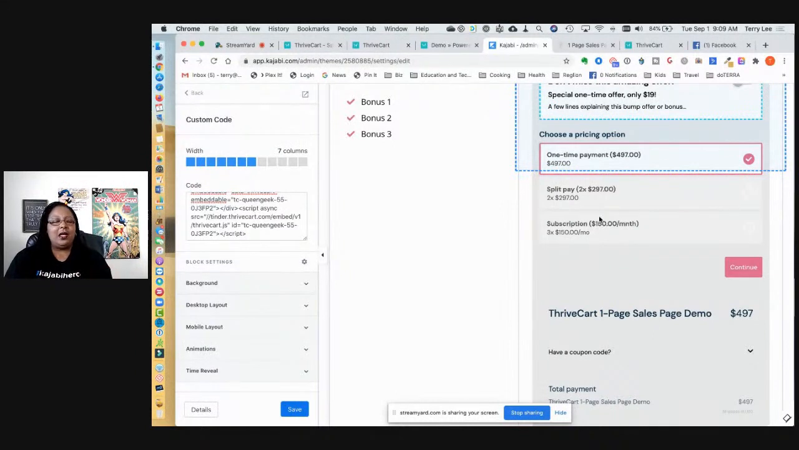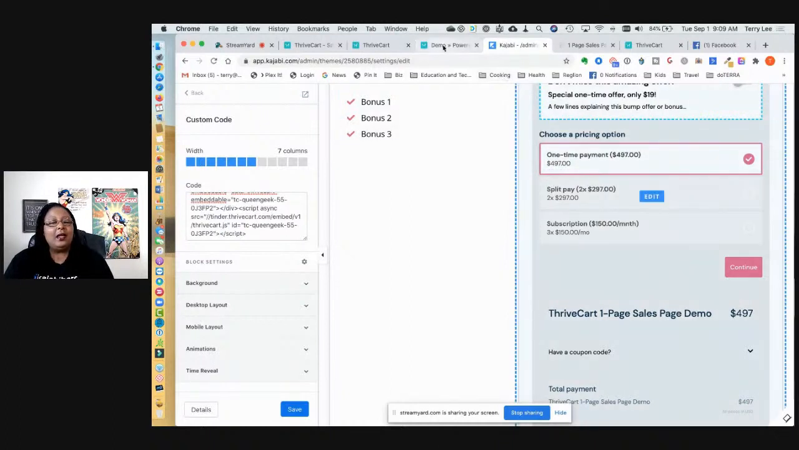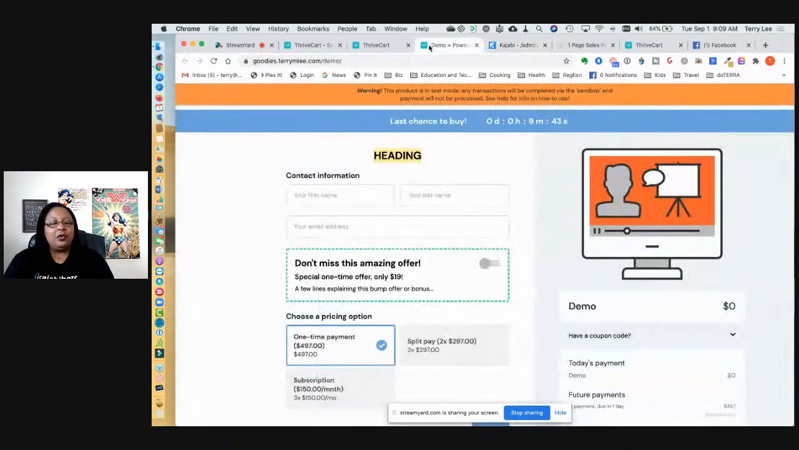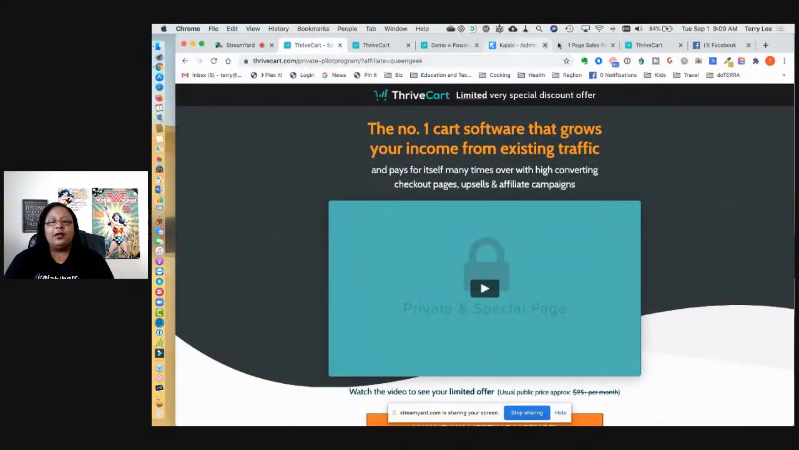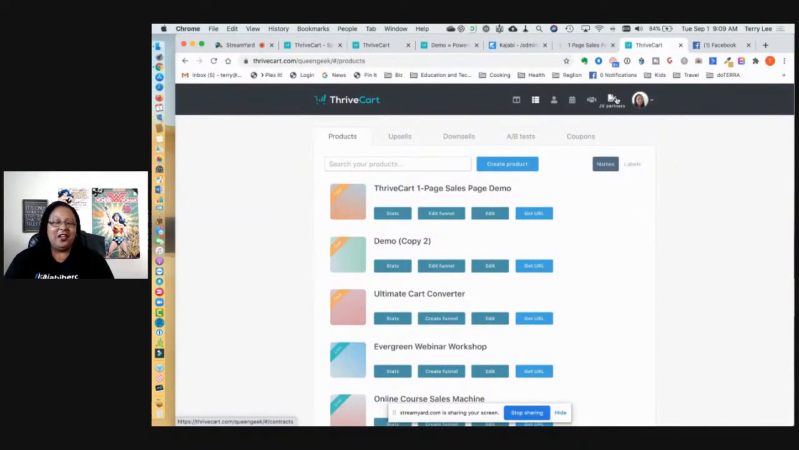You can customize that with Kajabi just the same as you can with, say, WordPress or something else. So let's take a moment. I'm going to switch over to the back end of ThriveCart. Here's what I get for having so many tabs open. So if you aren't familiar with ThriveCart,